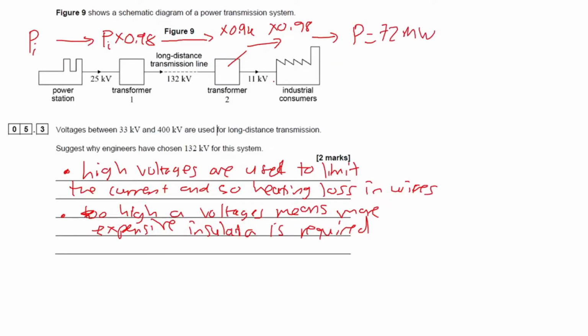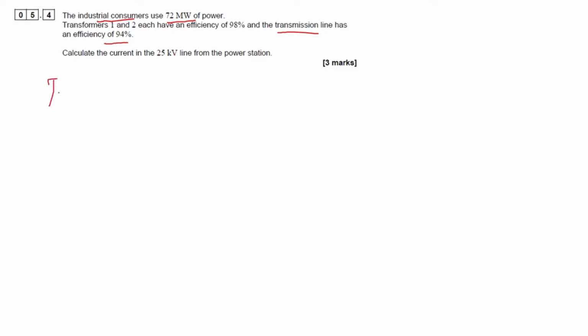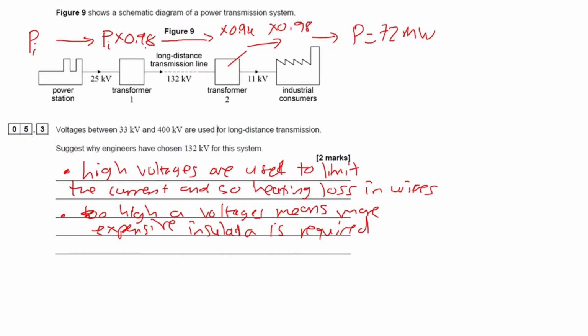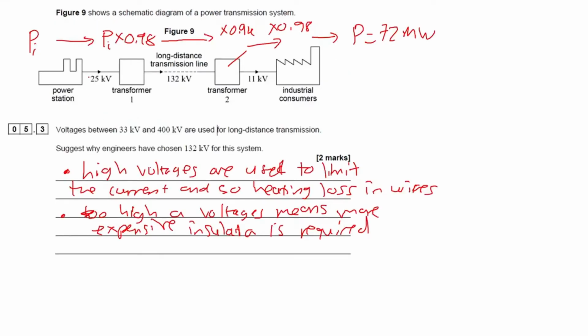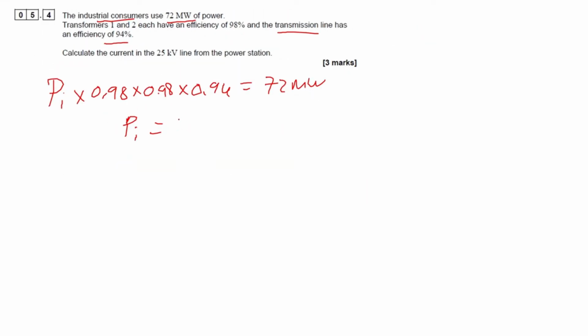Okay, so if I just write this out as an equation, we say that the initial power coming from the power station altogether is multiplied by 0.98 times 0.94 times 0.98 again, and that's equal to 72 megawatts. So if I rearrange this, I could get the initial power output of this power station to be roughly, to three significant figures, 79.8